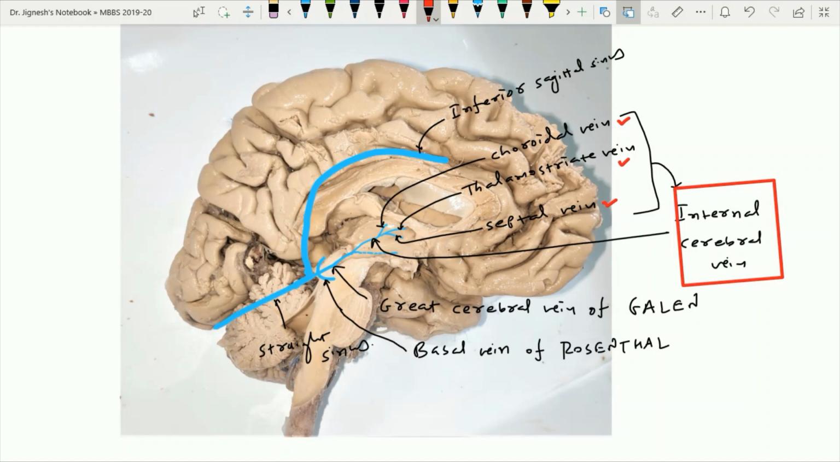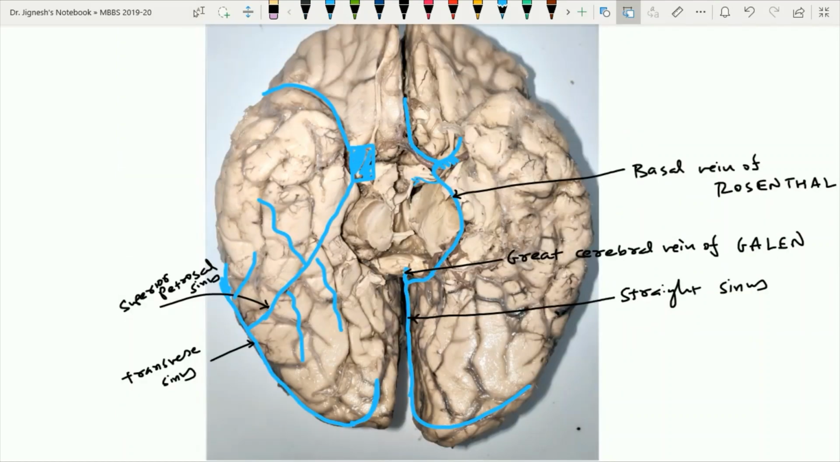So till now we have studied all the major veins of the cerebrum. Now let's see the venous drainage of the brainstem. When we see the venous drainage from the brainstem, from the midbrain, the veins are going to drain either into the basal vein or into the great cerebral vein of Galen,